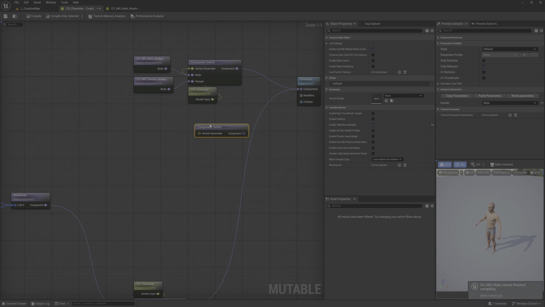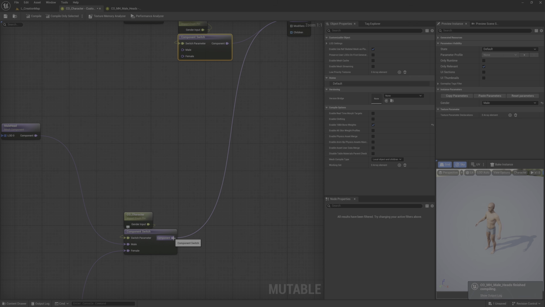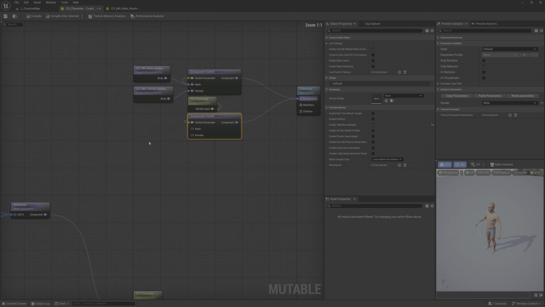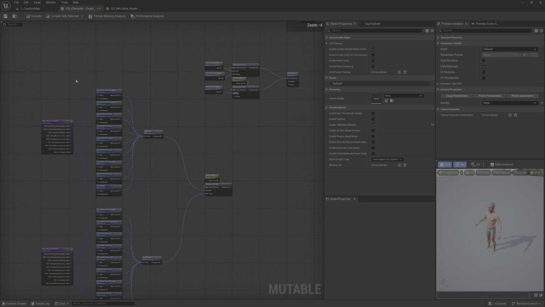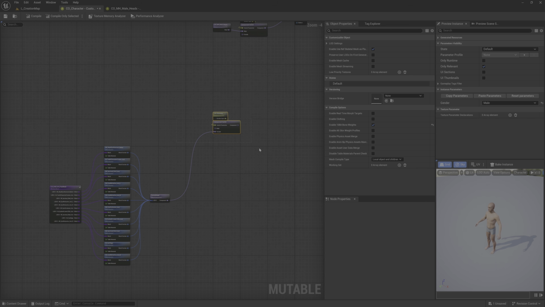I will add a new component switch there and disconnect this one here, and I will again do the same, but here it is not the body but the male head, and we'll select it here. So this is ready, this is ready.